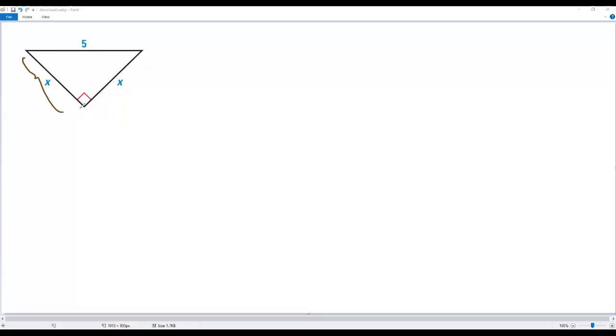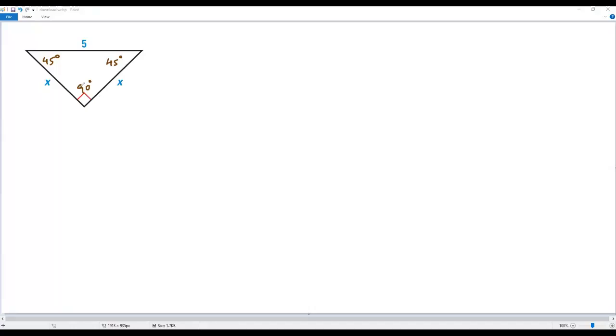Okay, so clearly it's an isosceles right triangle, because the two sides of this triangle are equal in length. And this side represents the hypotenuse, because it is opposite to the right angle. Here in this right triangle, since two sides are equal, the three interior angles must be 90, 45, 45. Because in any isosceles right triangle, apart from the right angle of 90 degrees, the remaining two angles will measure